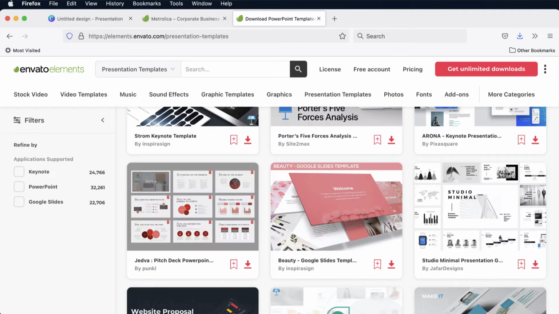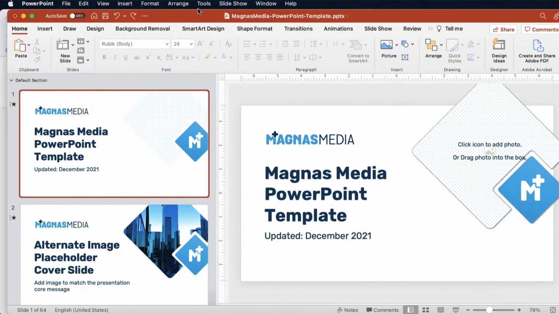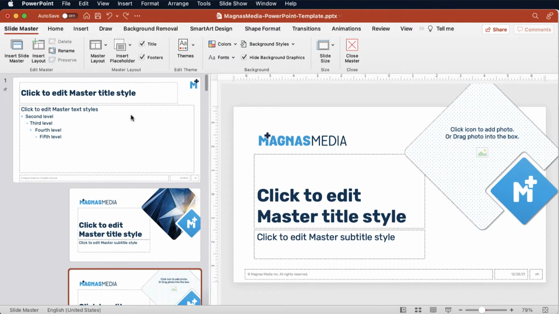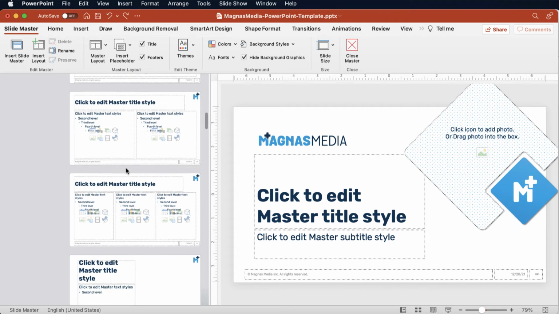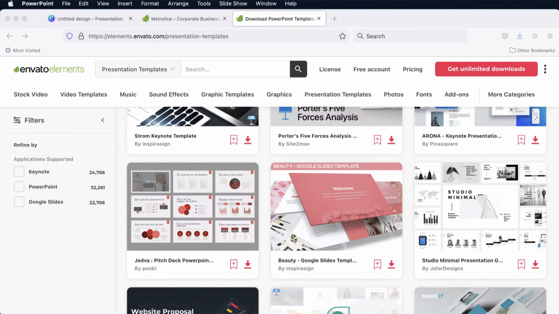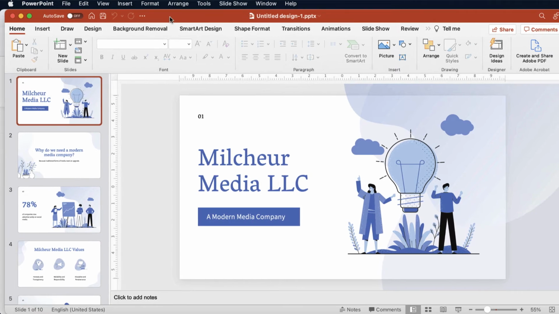To create a real template, you have to work within the structure of PowerPoint, and you have to understand how to work with the slide master and also how to create themes and templates. So if you haven't done so, please watch video number 1. In this particular segment, what we're going to do is take one of the files that I